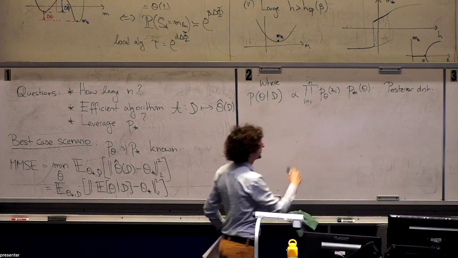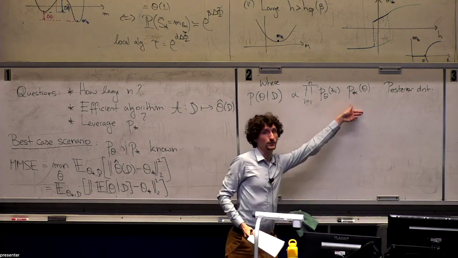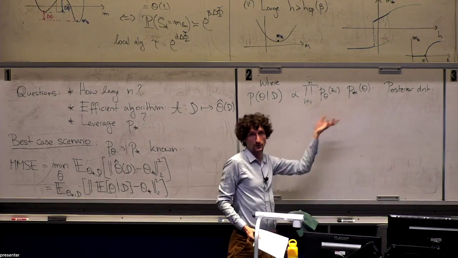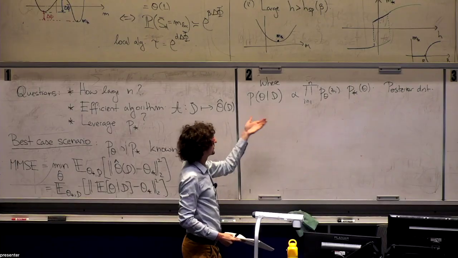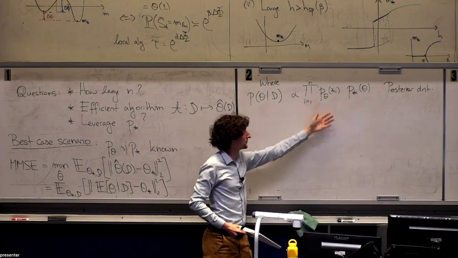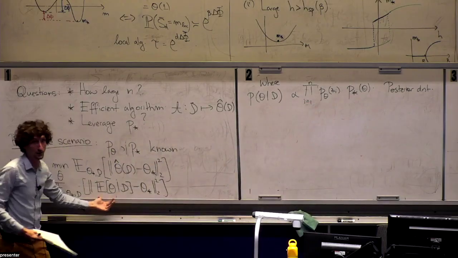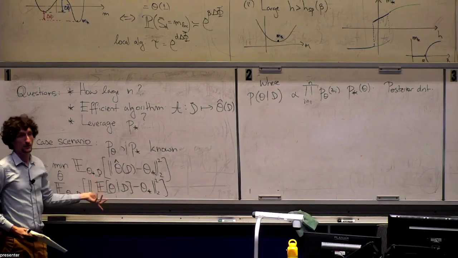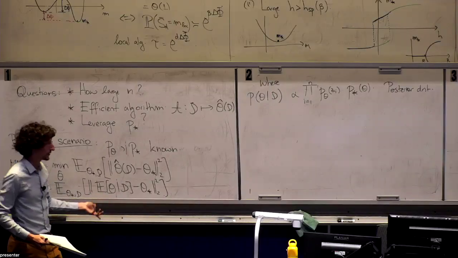Note that I can only compute this if I know the likelihood and the prior. If I don't know the likelihood and the prior, you cannot compute this. But if you know them, that's the best thing you can do: construct this distribution, sample from it, compute the mean, and the mean is going to be the optimal estimator in mean square error.